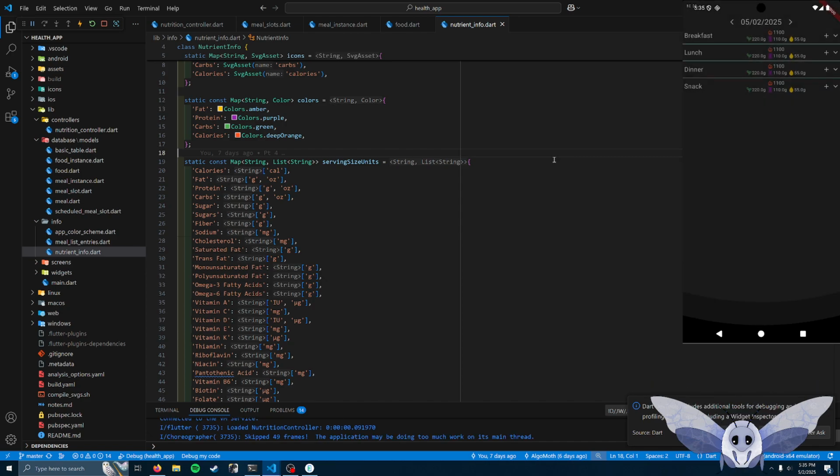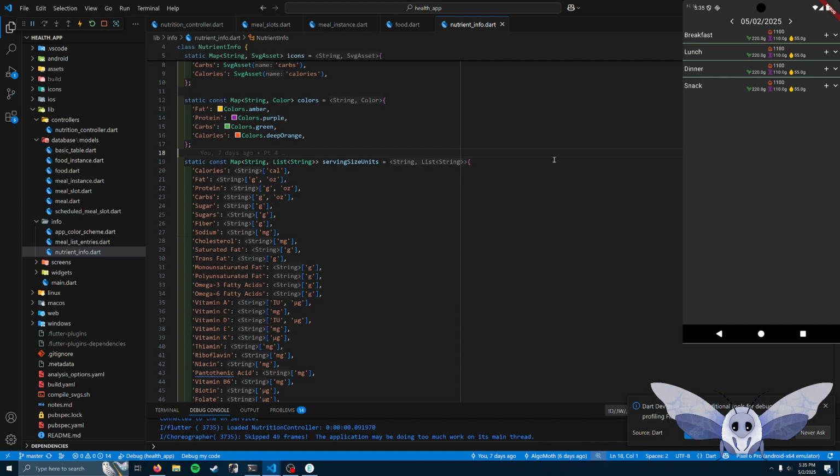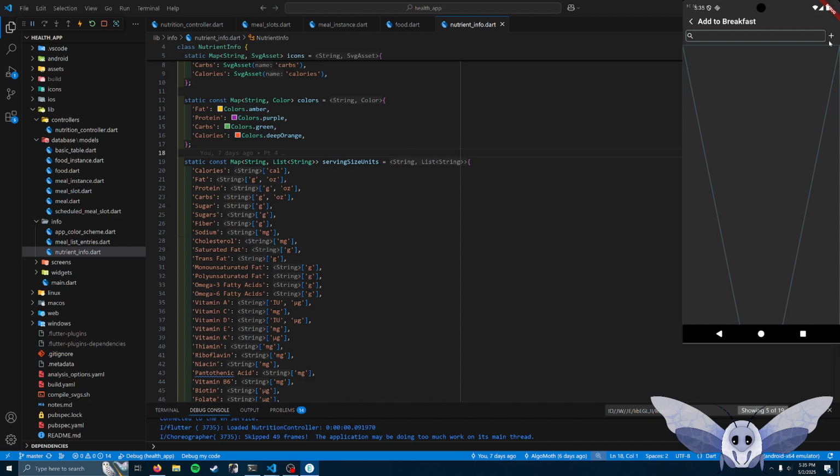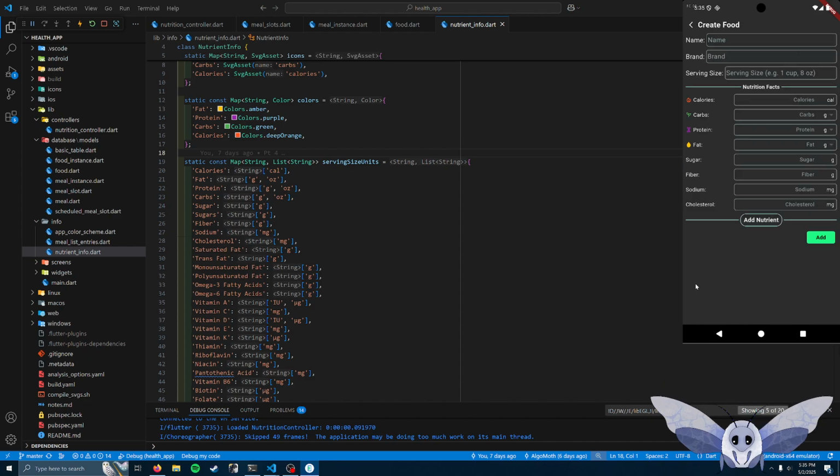Not that it didn't work, but it wasn't flexible enough. It wasn't flexible enough for the needs of the people. So we're pretty much back to over here,